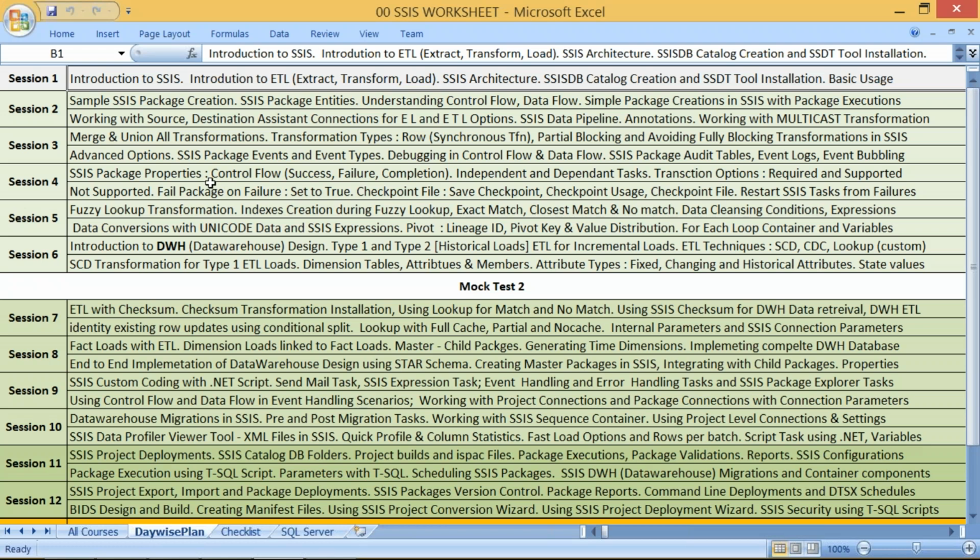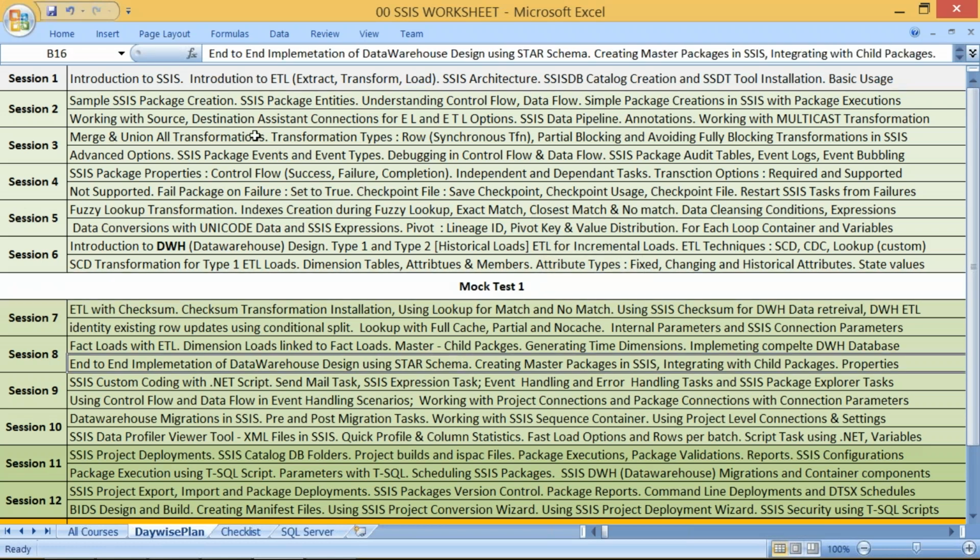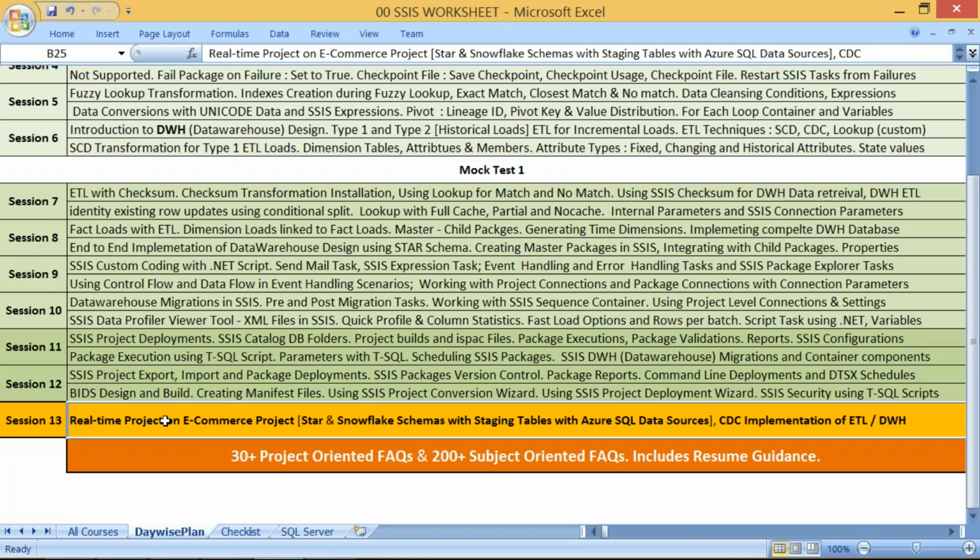Our course is divided into a total of 12 sessions and one real-time project: 12 technical classes and one additional class for the real-time project. It may take one or two classes depending on the duration of the particular session. It's planned for about 1.5 hours exclusively for the project work, and it's an e-commerce project wherein we shall